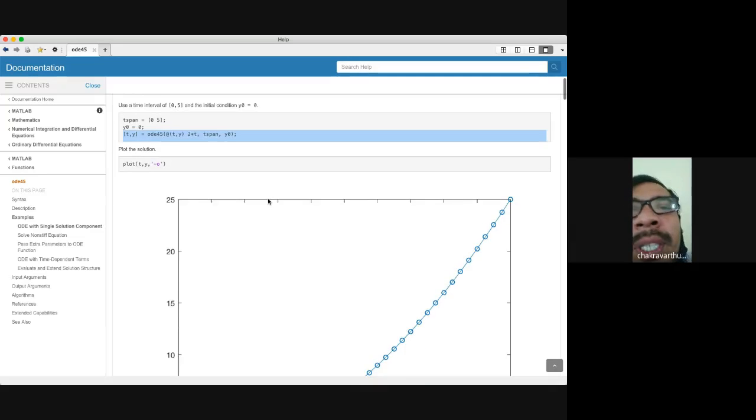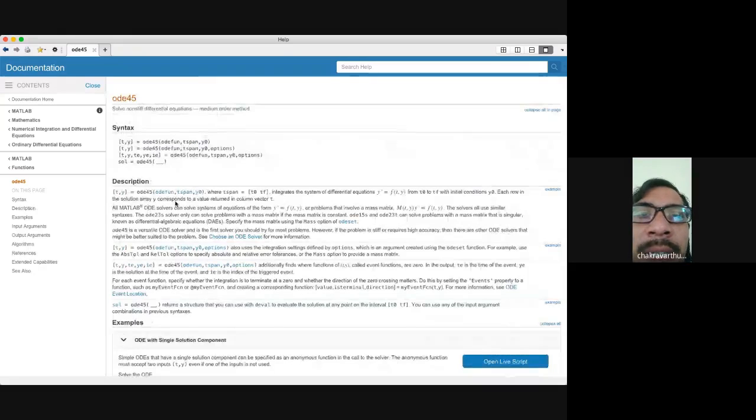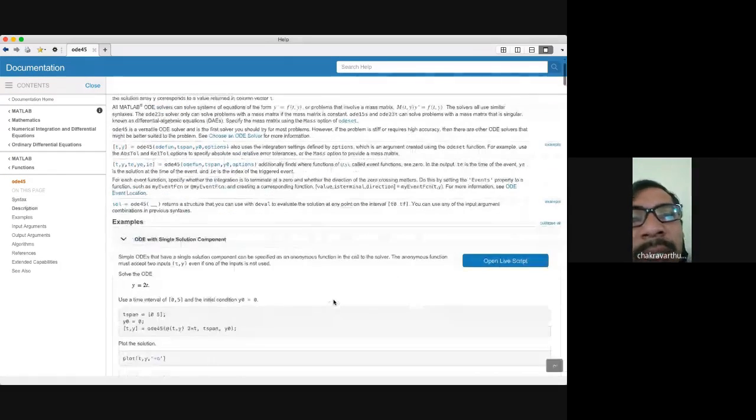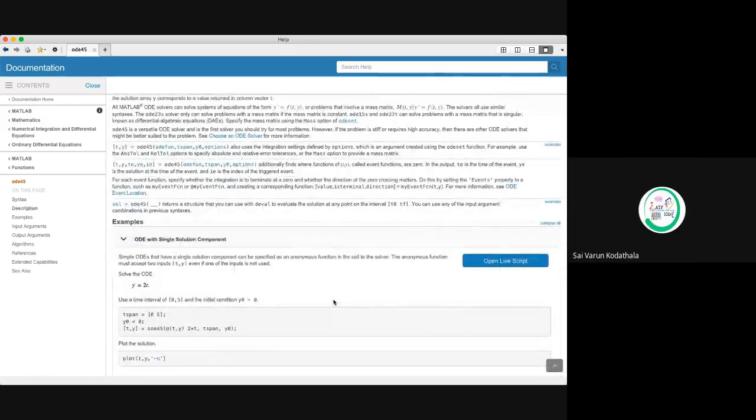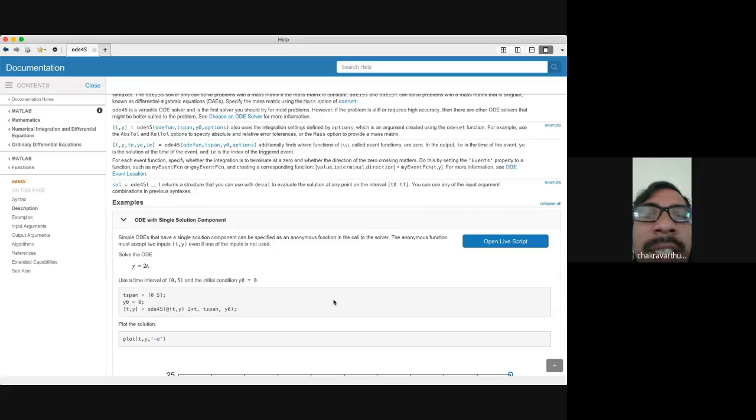If you want to know about this, if you just read the command syntax and how it is going to be useful, all the things are available here. And the syntax is T comma Y is equal to at the rate ODE 45. Then you have to give the linear spanning, that from where to where you want, and the condition you are using.